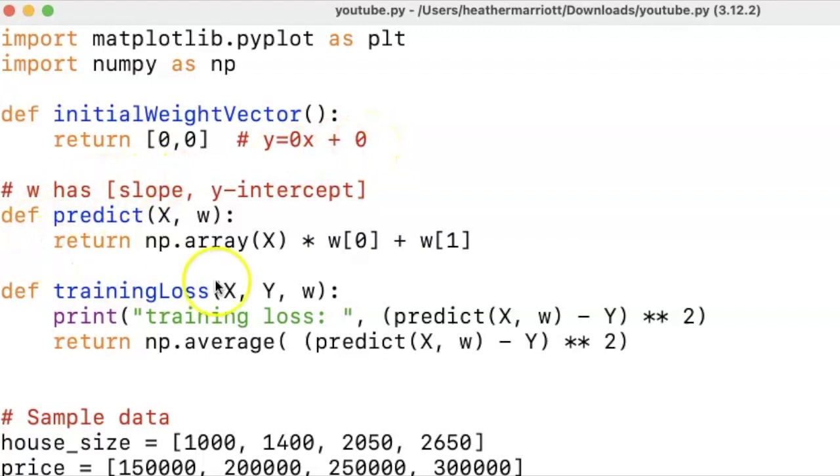And then I made a predict function where you can pass in W, which is both the slope and the y-intercept in a list, and then X is the number of square feet of the house. According to this formula, we'll make a prediction of how much we think the house is going to cost. The training loss is the difference between our prediction of what that house is going to cost minus the real value of what the house is going to cost, and then we're squaring it. And we'll take the average of all of our data points, our 4 data points,